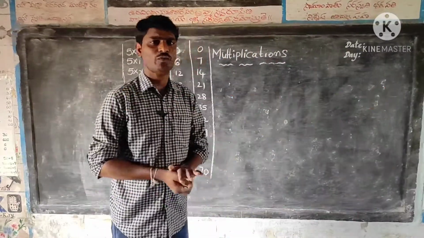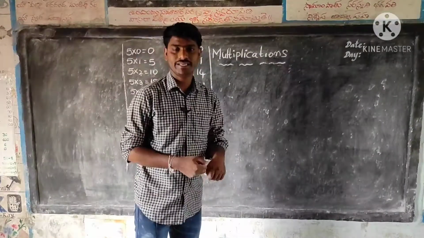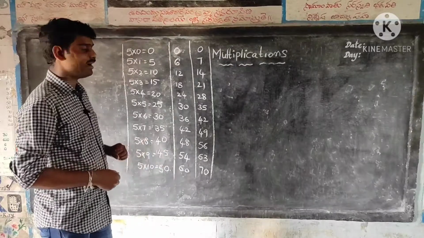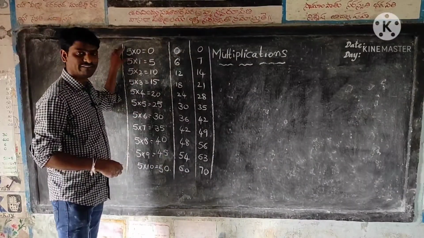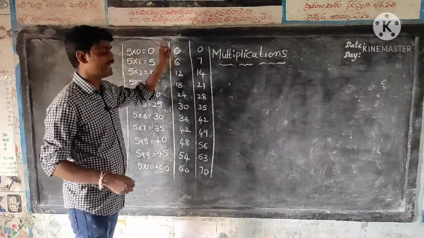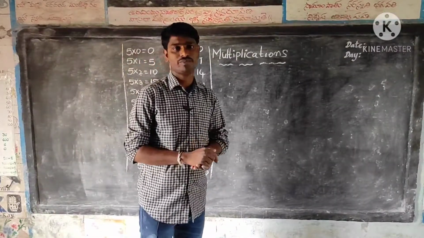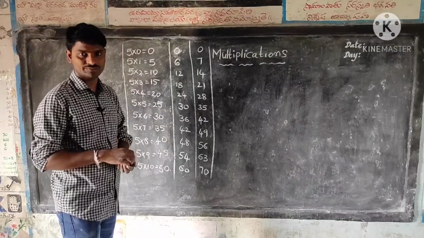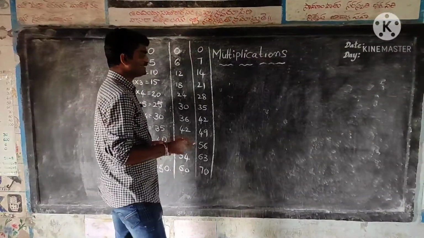In our last video we discussed multiplications. In this video we continue that. Okay children? Right. All observe here. This is the 5 table, this one is the 6 table, and this one is the 7 table. We are doing multiplications with the help of these tables. Okay beta? Right. For example,